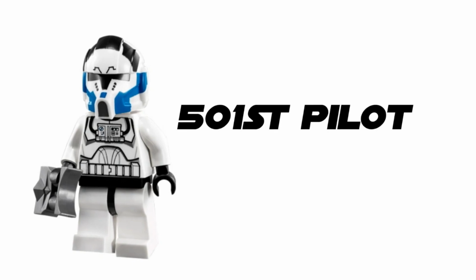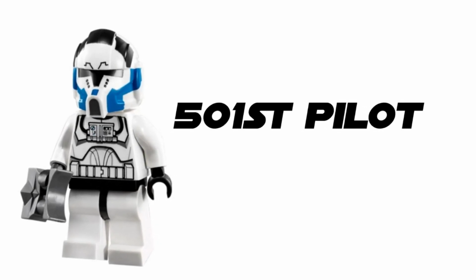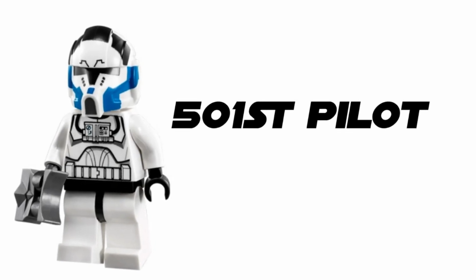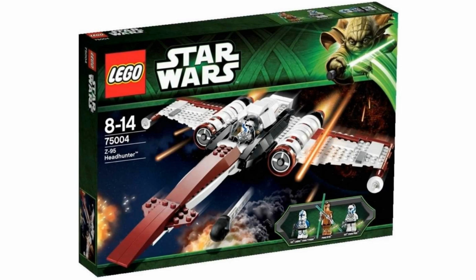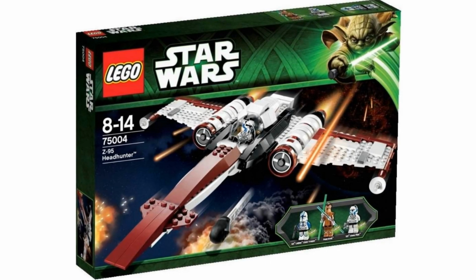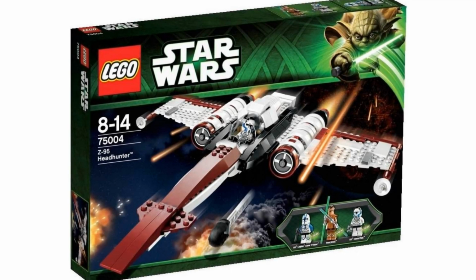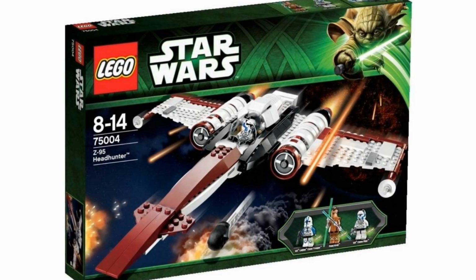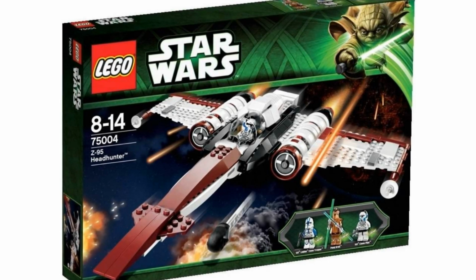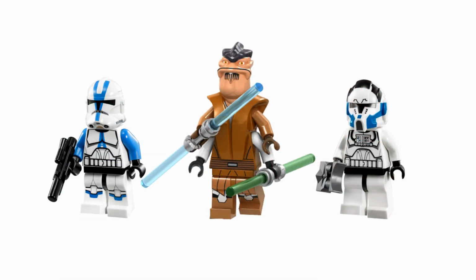Next up, we got the 501st Clone Pilot. The 501st Pilot came with set number 75004, the C-95 Headhunter, which is quite a nice starfighter, especially because you get a regular 501st clone trooper and this clone pilot. So I think that is quite a good set for collecting, but the only down part of